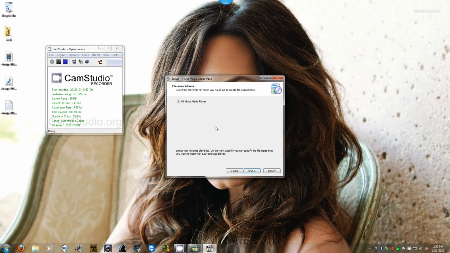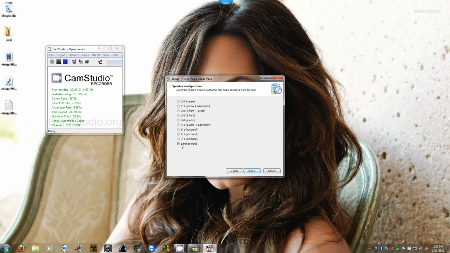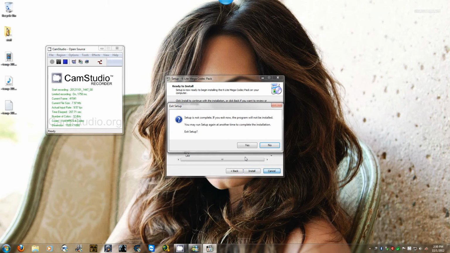Yeah, so just click next, and then click this box, and click it again until everything is checked. And then don't check that box. You don't want all your music to go into that part. And click next, and then same as input, and then next, and install. So once that's done,